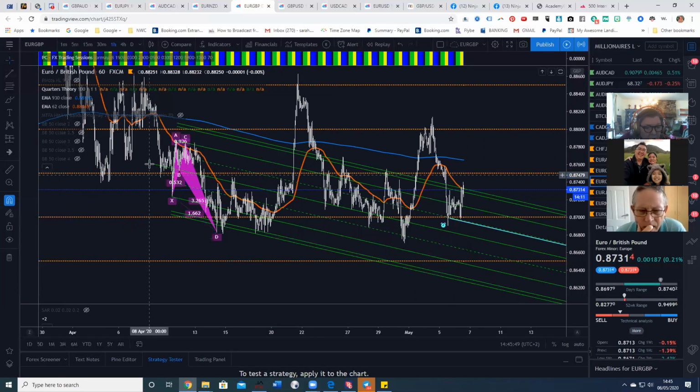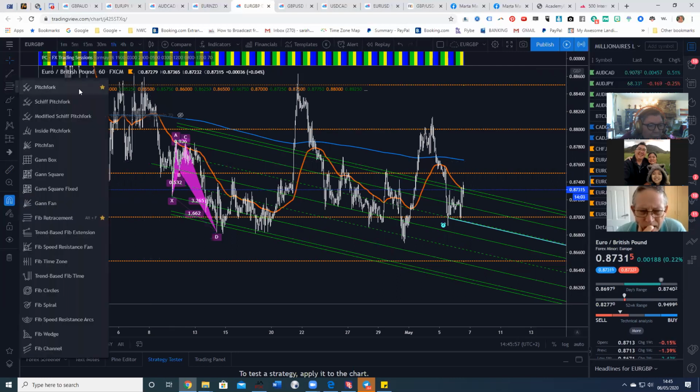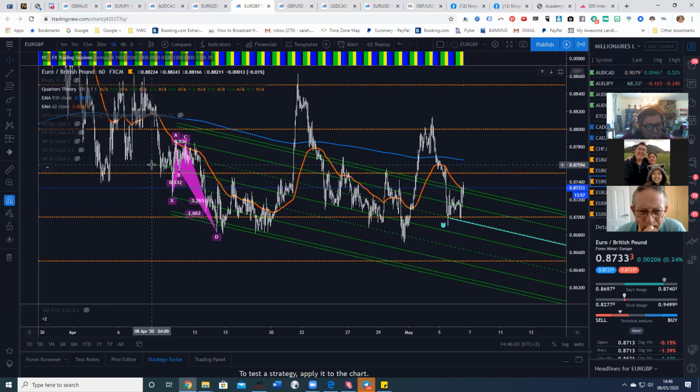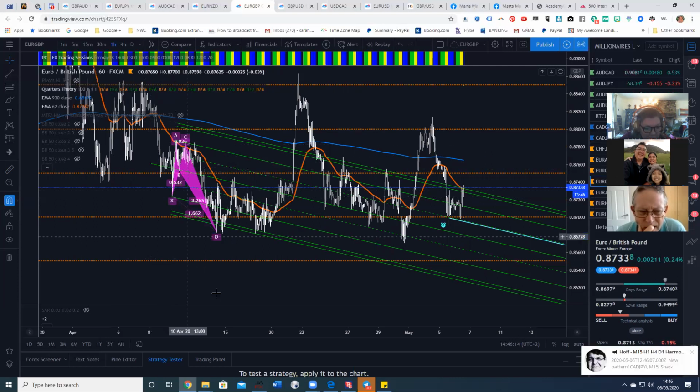So this is the second pitchfork here, where you take the pitchfork symbol on the left, which is up here where that hamburger is. There, the top one. You've got the little star. You can favorite these things to find them quicker in the future. So you put the first point out in the middle of nowhere, and then put your magnet on, so it will suck to the end of the wick, and then it's just X to A to draw your second pitchfork,